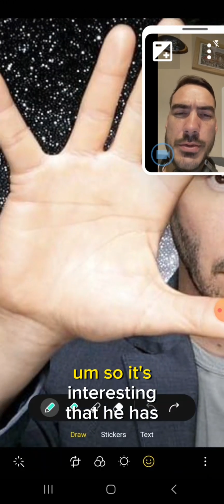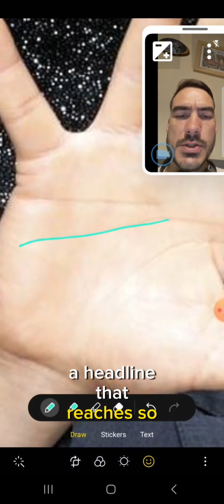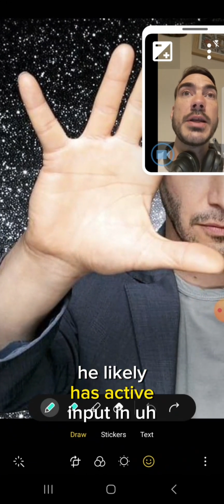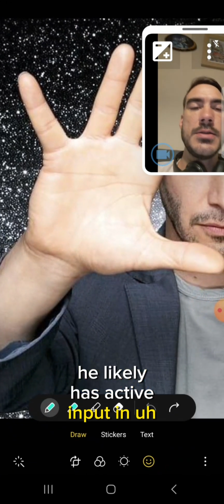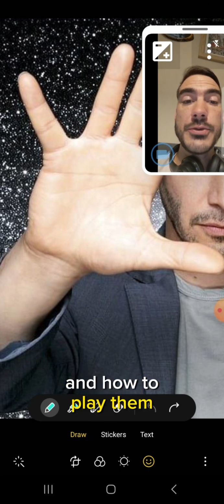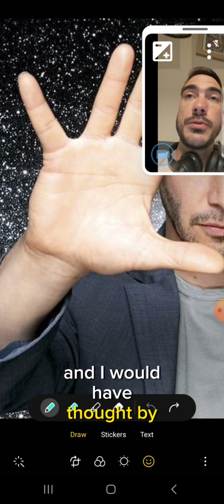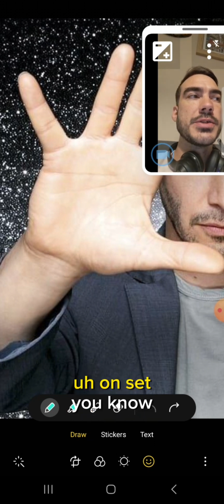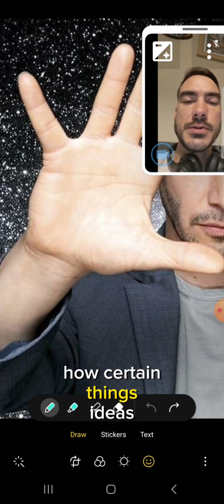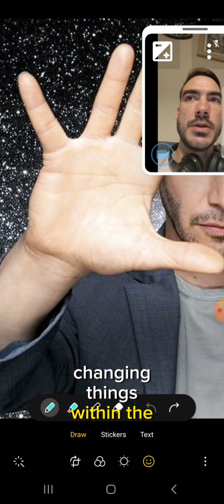So it's interesting that he has this, as well as a headline that reaches so far into Luna, because it shows us that he likely has active input in the roles that he plays and how to play them, and more than that, probably, and I would have thought by now, on set, has active input into how certain things, ideas,